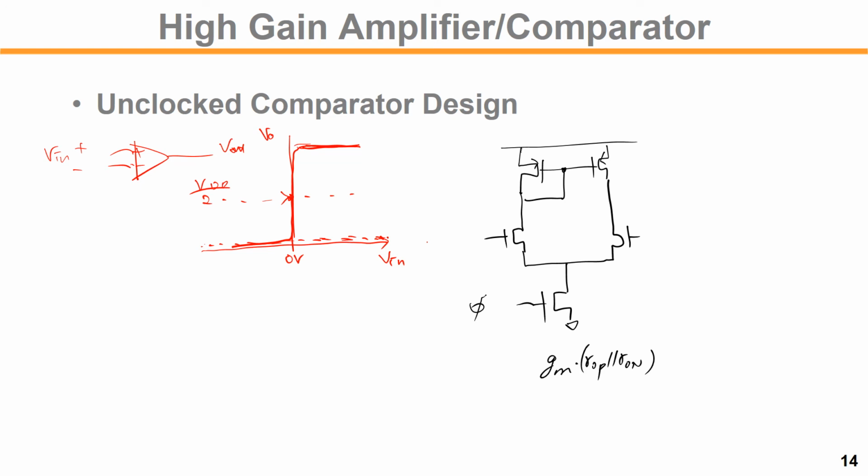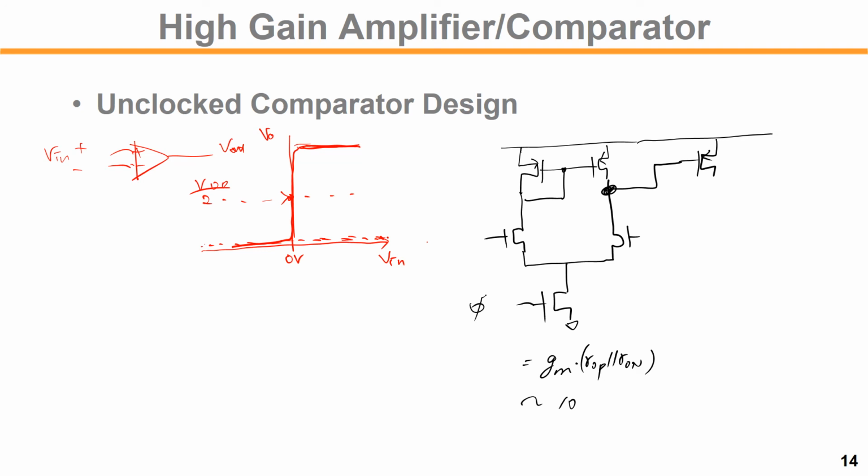This number is approximately around 10, so this might not be enough for a comparator design that requires much higher gain. So to improve the gain, we add an additional stage,